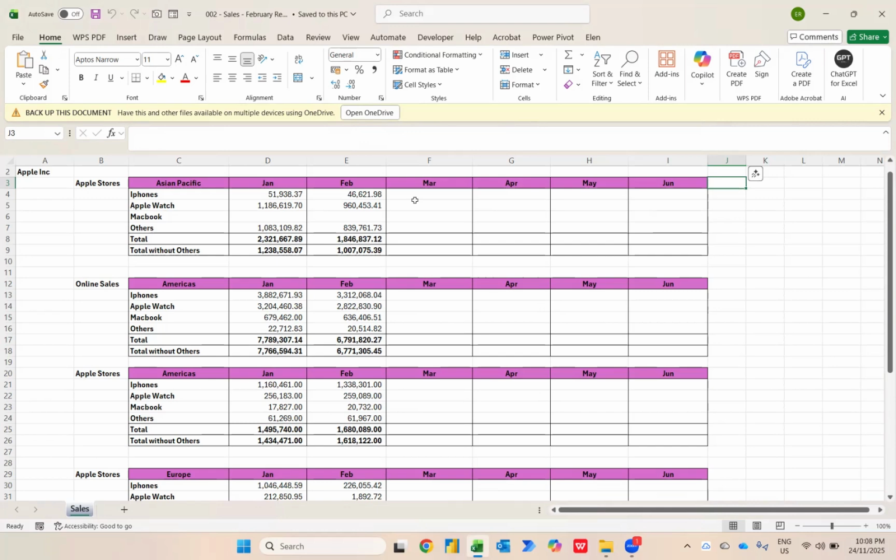So let's get started. If you look in this particular file, we do have a report on February. So basically it's an Apple sales report whereby we have the sales method, like the Apple stores and online sales, and we also have the sales of products for each region, like Asia Pacific, Americas, Europe, for the month of January and February. So what I want to do is basically perform data cleaning using Power